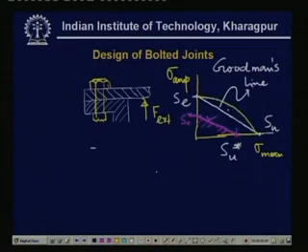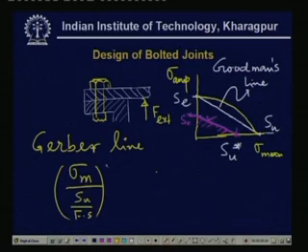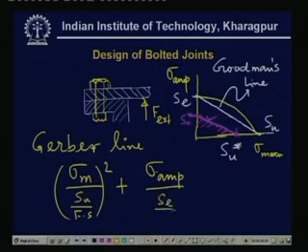So, this is the Gerber line, and again if you consider SU star and SE star, then the equation is written in this form, that is sigma mean divided by SU star, that is SU divided by Fs, square plus sigma amplitude divided by Se by Fs equal to 1, and again just like before we will have to multiply